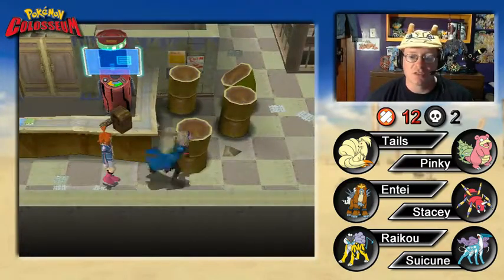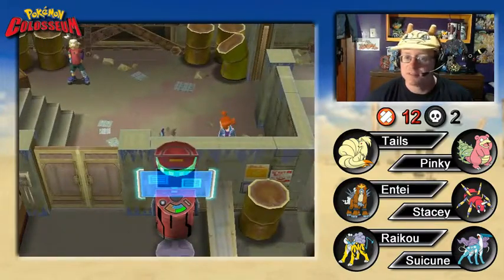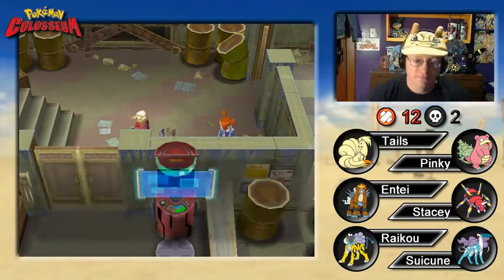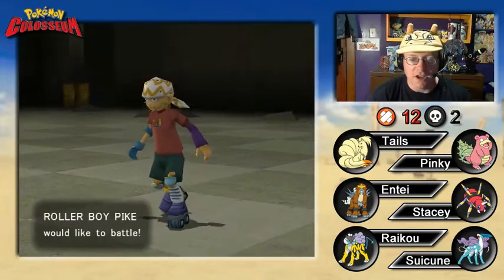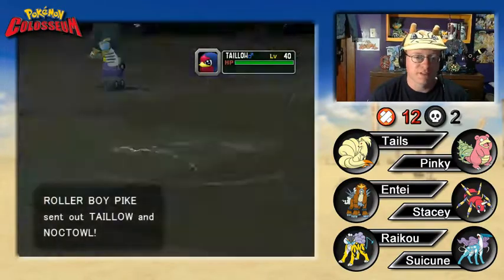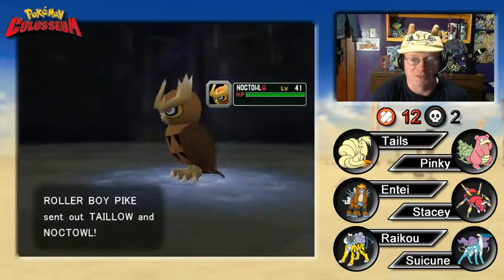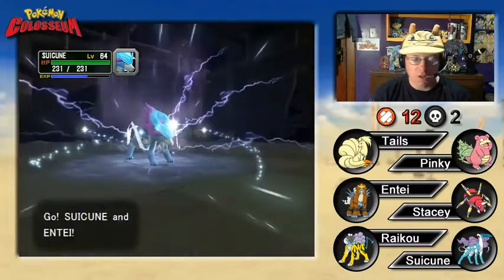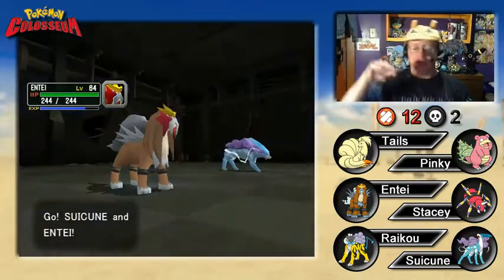Alright, can we sneak our way through here? We're looking for a red-suited Team Cipher peon. Alright, Pike. Why don't you take a hike? I hope I don't get to battle every single last one of these people. Look, your levels are just ludicrously under-leveled at this point. 40s? Anyway, what was I going to...